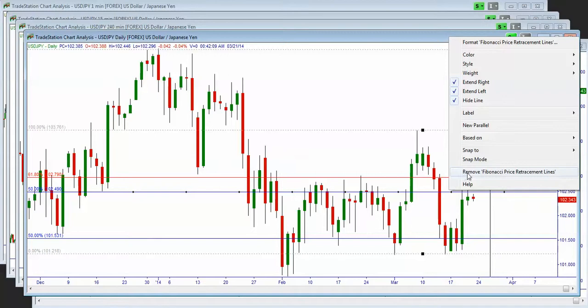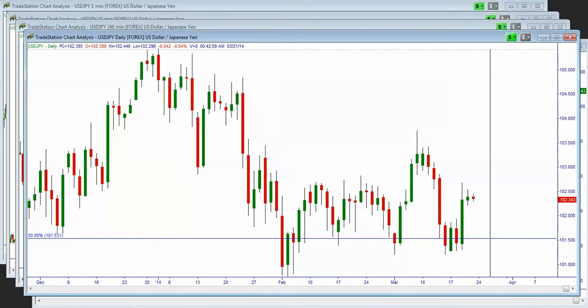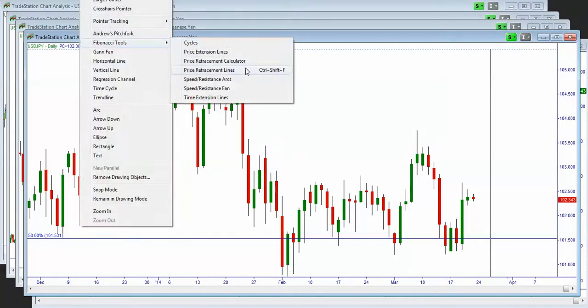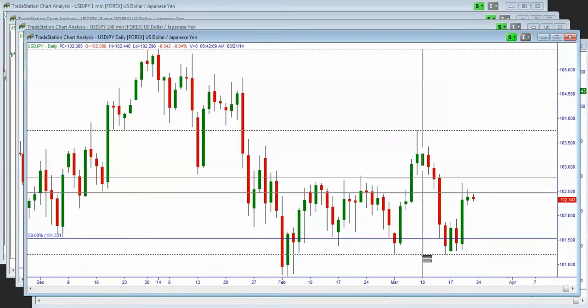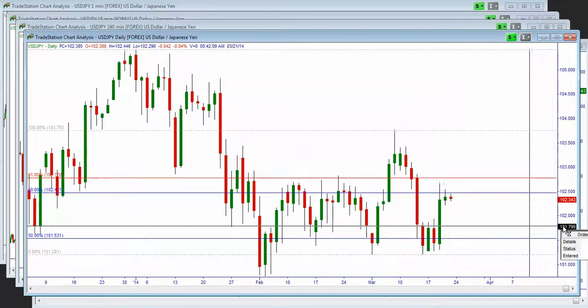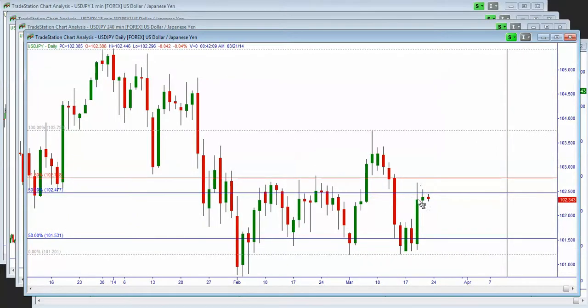Yesterday I mentioned these highs to lows, and today was a very quiet day for this market. We saw price hovering around this 102.50 level here, and this is a potential level of resistance,